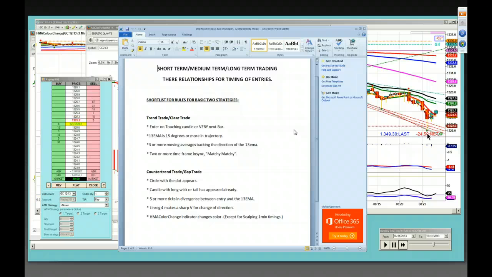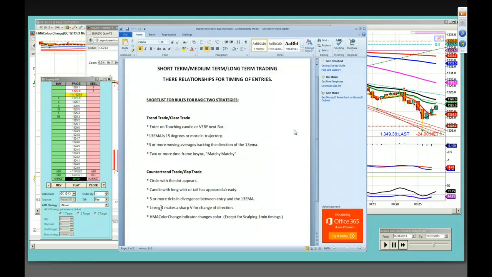So if we're looking to steal 3 ticks here, this would be a good time to do it. And you can see we've got 5 more ticks, and our Linreg 4 makes a sharp V, which is the brown dashed line indicator. And of course our HMA color change, as you can see here, it's just changed to green. Now if we look at this,